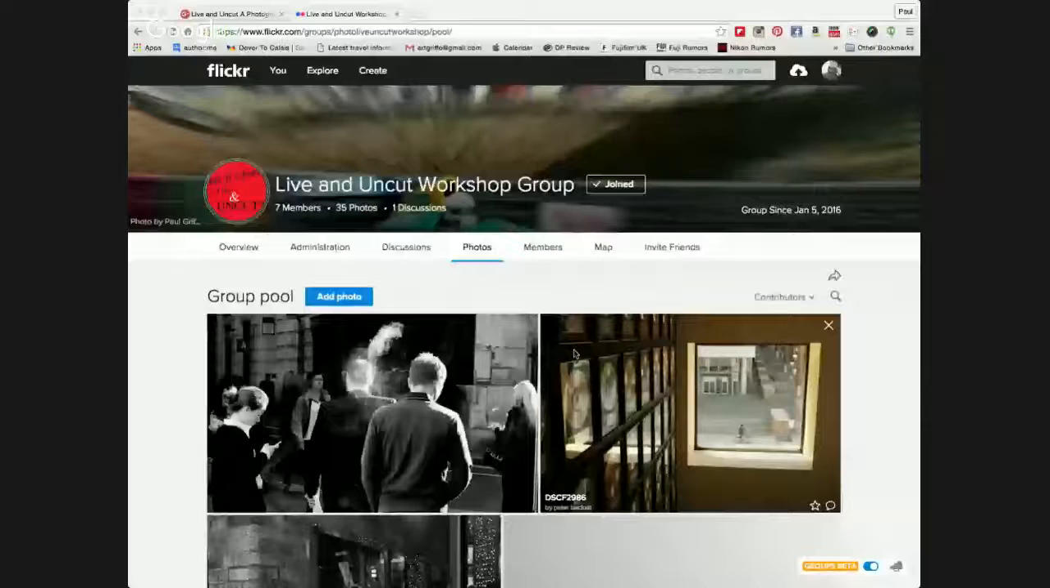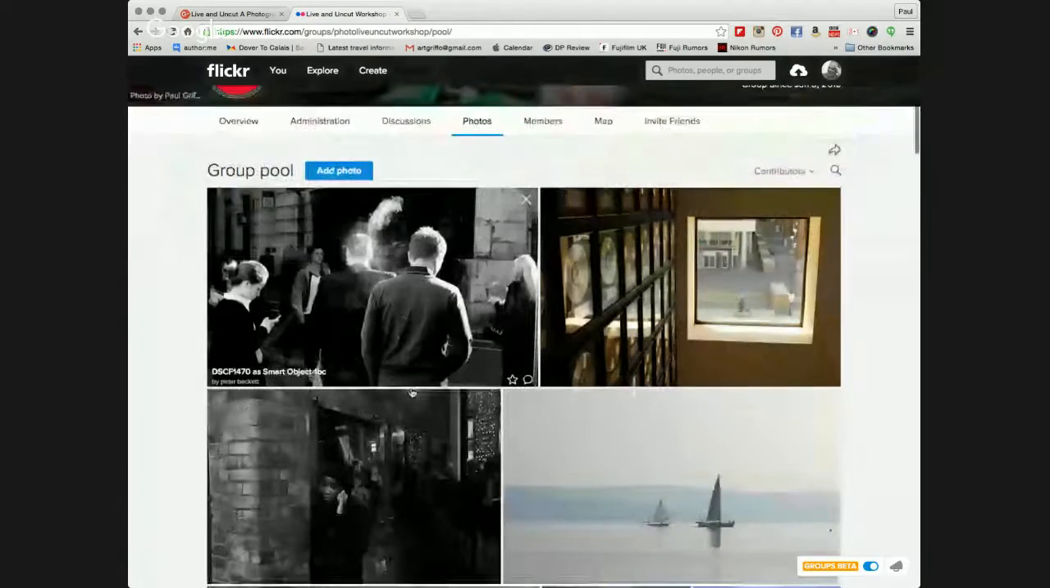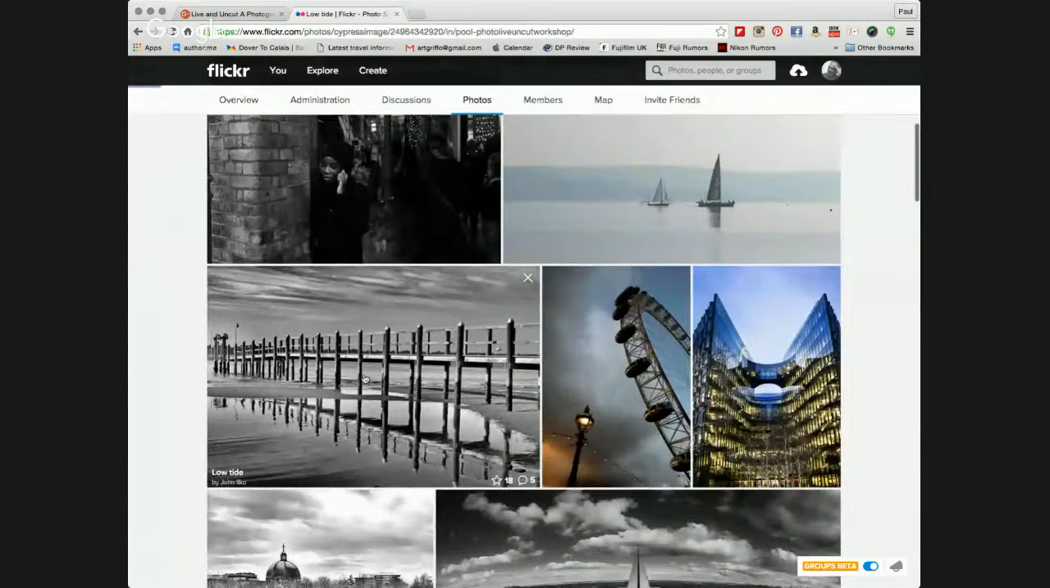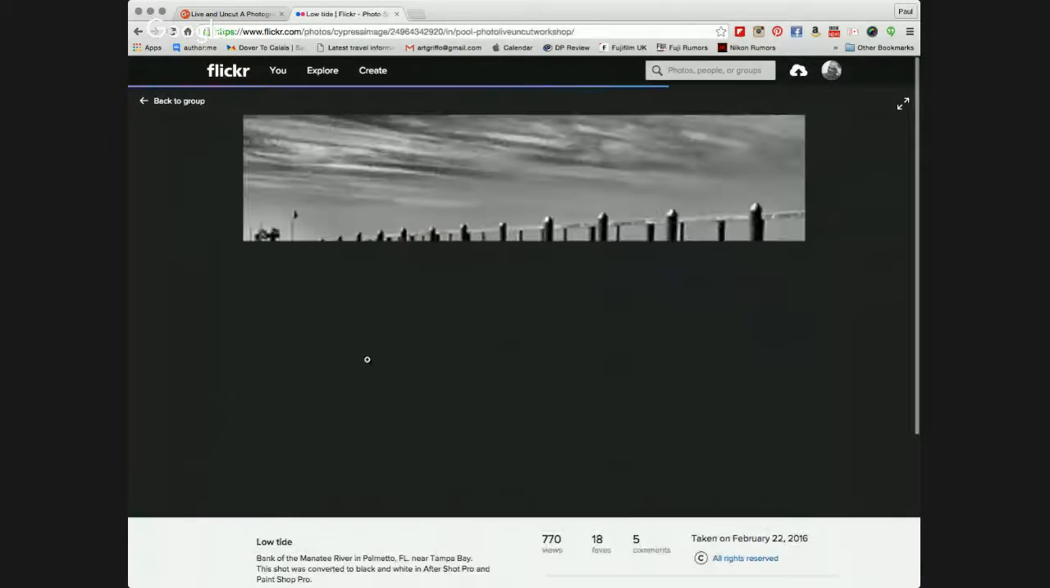But first of all, I want to go to the workshop group on Flickr, because you've had some images posted up, and I'm being told that it's nice to hear what I have to say about them. And please bear in mind, this is a very objective opinion of the images. So here we go. I'm going to start off with the first image here, which is called Low Tide by